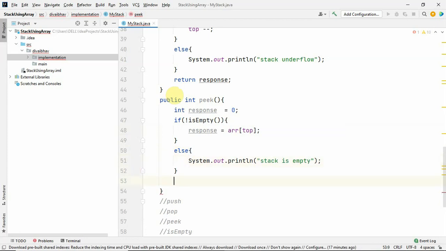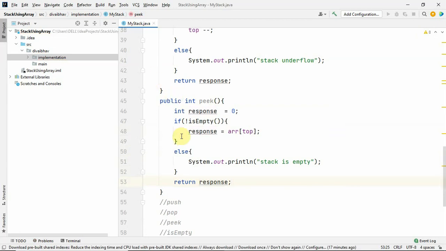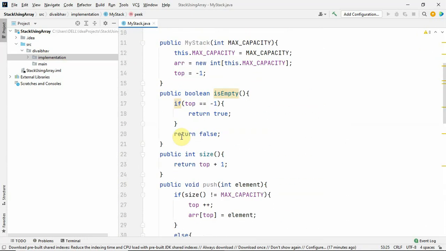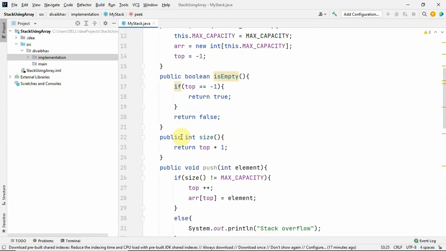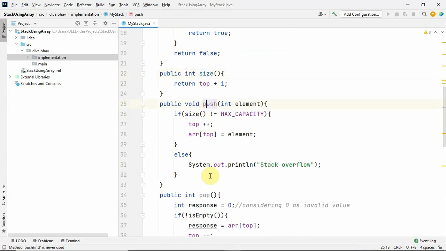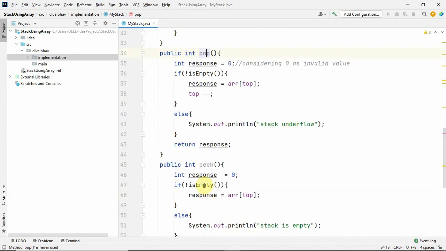Now we have to return the response. In this way we have created 5 methods in our stack implementation. Which methods? Is empty, size, push, pop and peak.